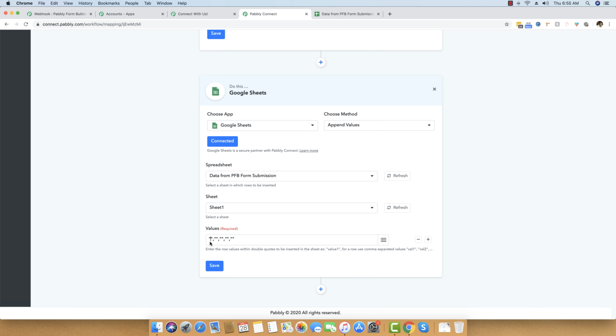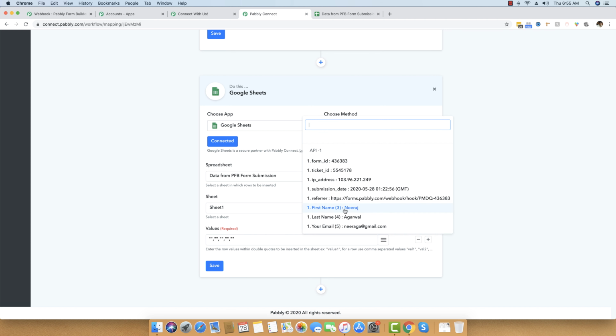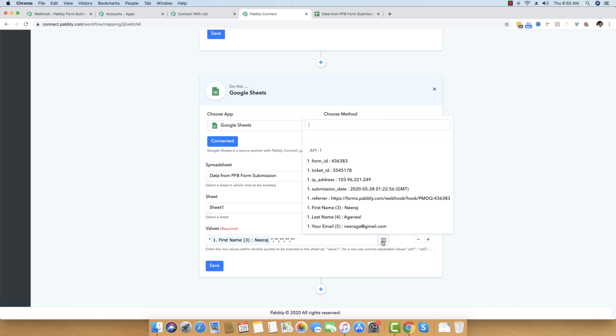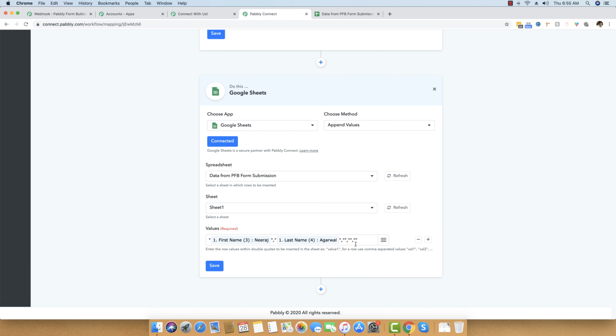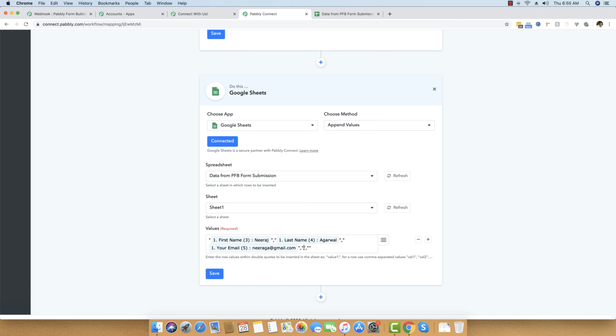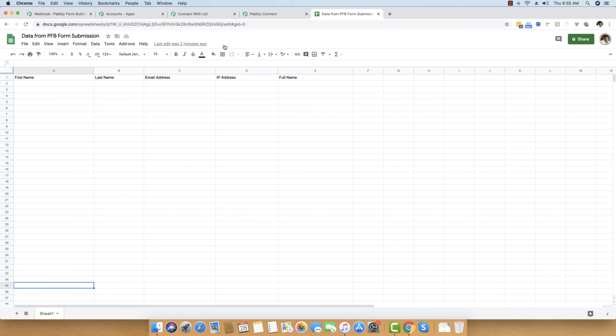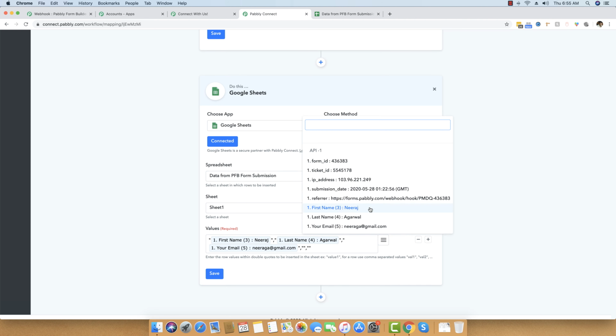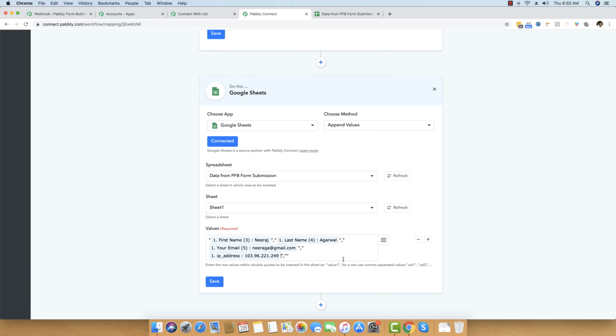I will be putting my cursor right here. The first field is the first name and then the last name and then the email address. So I will just click on this map button. The first name is right here. I already mapped it. Then I will just click on second value. This is the last name. I already mapped it. Then I will just click on the third value. This is the email address. I already mapped it. This is the fourth value, which will be the IP address. So I just placed my cursor at the right position and I pushed the IP address as well.